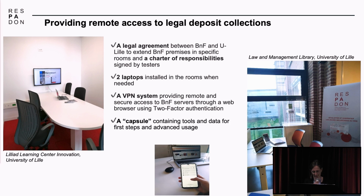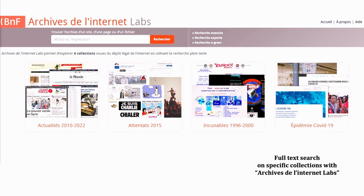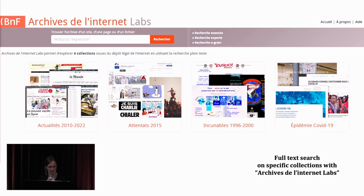Once identified, the user can access what we call a capsule, which contains a full environment, so a Linux Ubuntu system, software, tools, and data to work with the web archives. So very precisely, we give access to our whole 1.8 petabyte archive covering more than 20 years of data, through our Archive de l'Internet, so the Open Wayback application. We also give access through full text to 4 topical collections that we have indexed, and